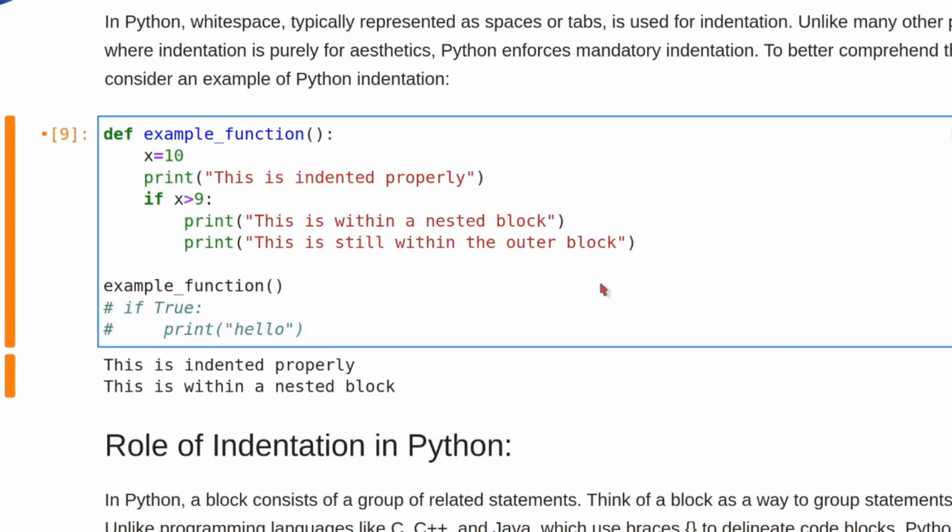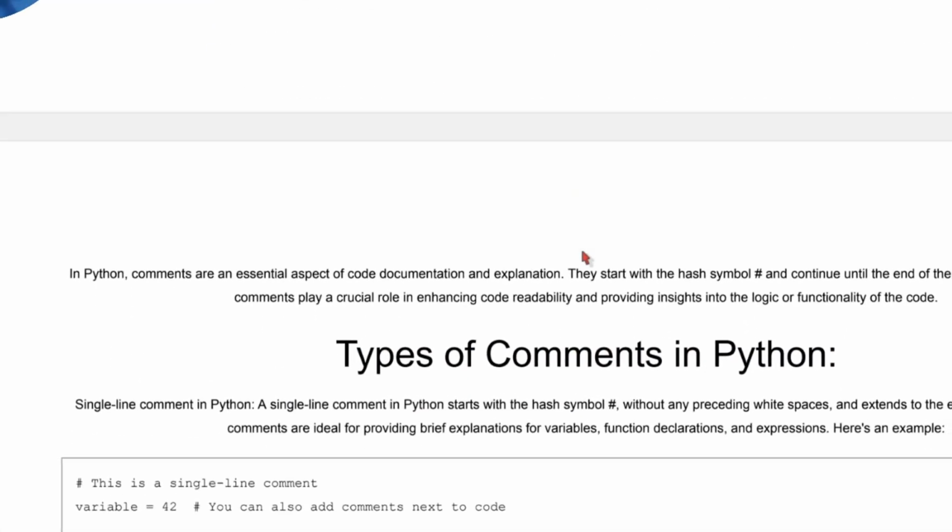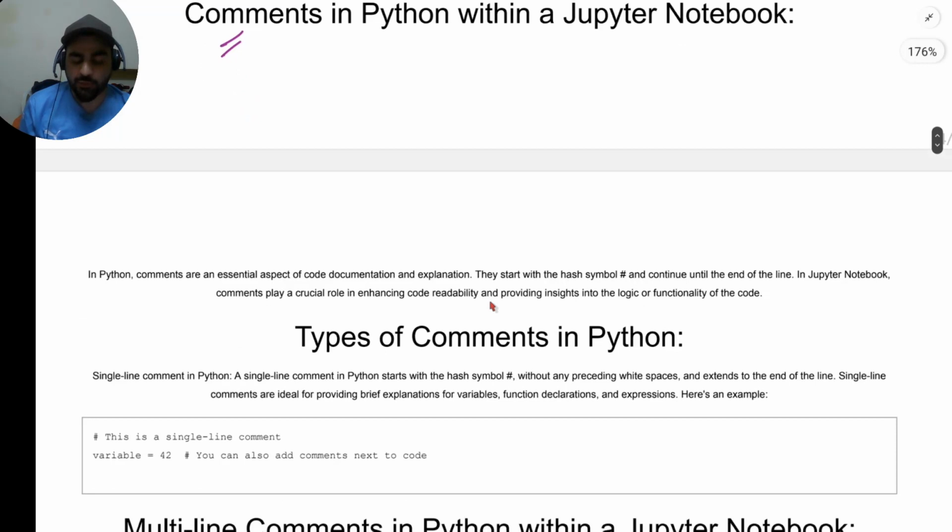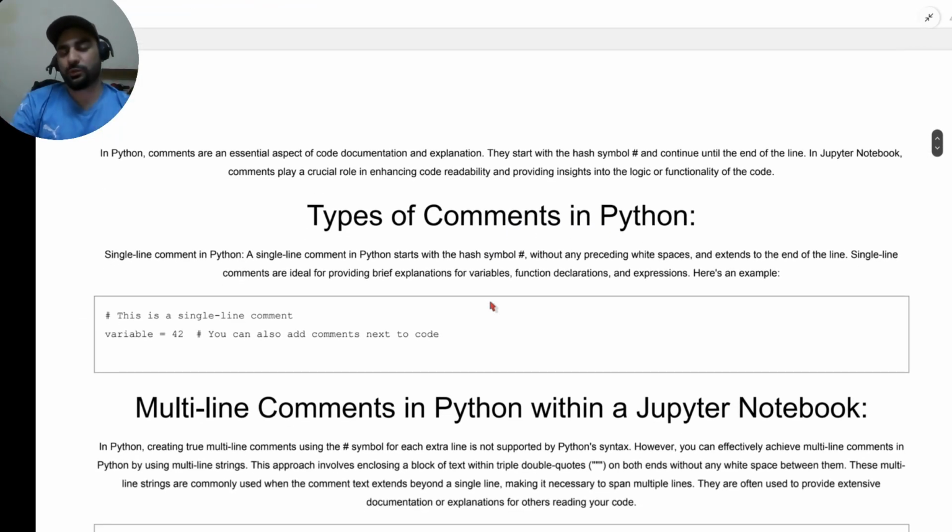And the second thing is you should comment the code properly. If you see it here, I have written you should comment the code properly. By comment I mean when you're coding something, for example, adding 2 numbers, at the top you should write that I am adding 2 numbers. This is used for documentation. As you might have heard, Python is a huge repository, so people must have provided documentation for that.